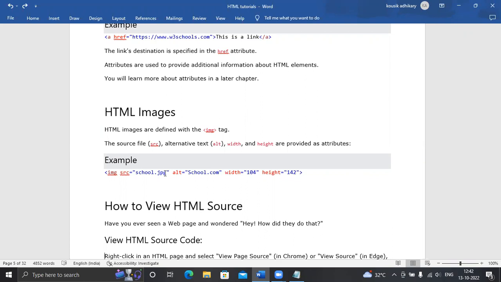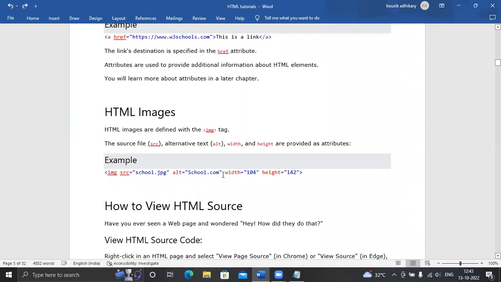The name should be the same as the image you want to show in the web page. Then .jpg, that is the format of the image. ALT equals to school.com, that is the alternative text.